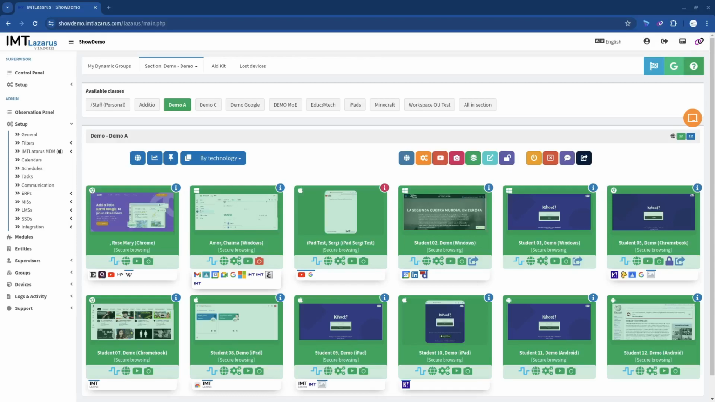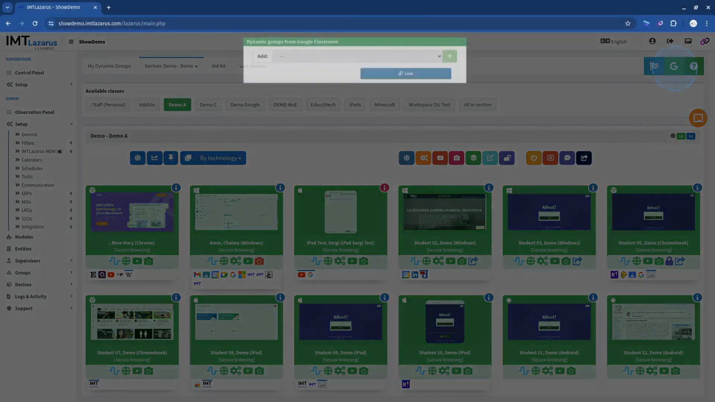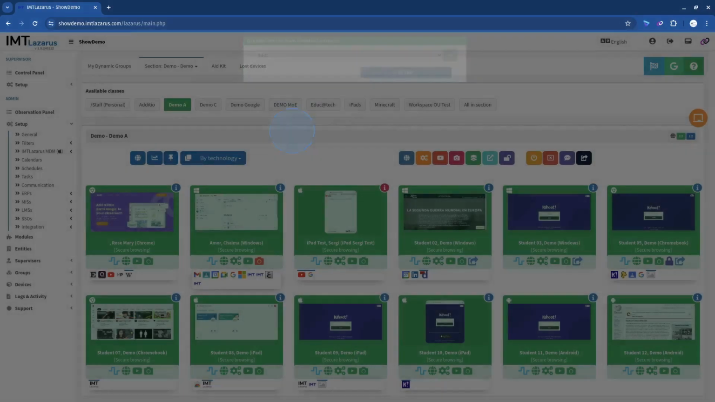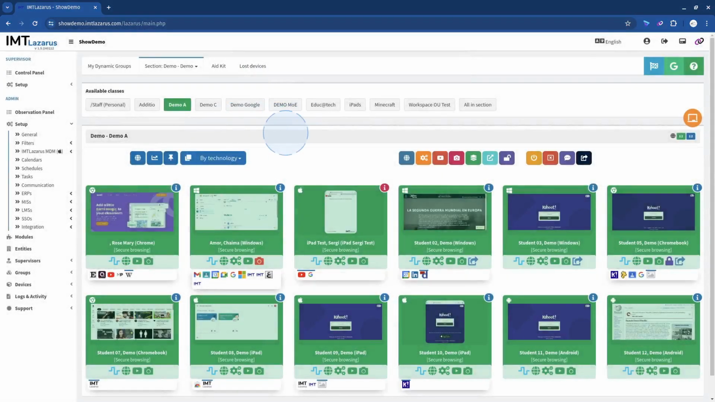Hello, in this video we're going to see how to link our Google Cloud environment into IMTLazarus so we can bring classes into the IMTLazarus dashboard. So in this case, this is the IMTLazarus dashboard, the control panel, and what we'd like to achieve in here is that whenever we go to the G button here, Google Classroom, to be able to link our Google Classroom environment so we can show the classes in here and the groups that we have available